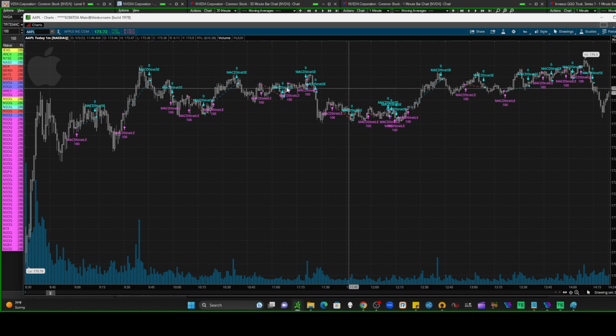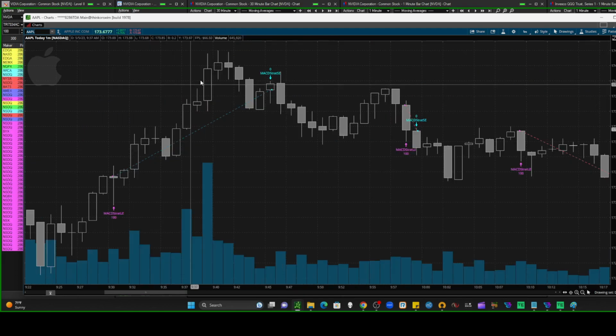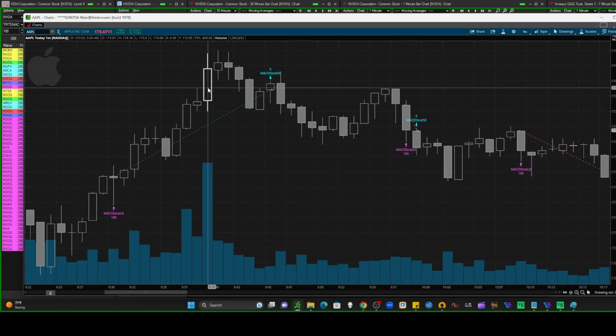So what's happening is a person will get short. Let's say on Apple, it's right up here. And I say, all right, let's say it's right where my cursor is right there. Let's zoom in. So let's say it's right here. And I say, this is as far as I think Apple's going to go. And then it goes up. And then it goes up some more. And it goes up some more. And it goes up some. Now, eventually it does come down,